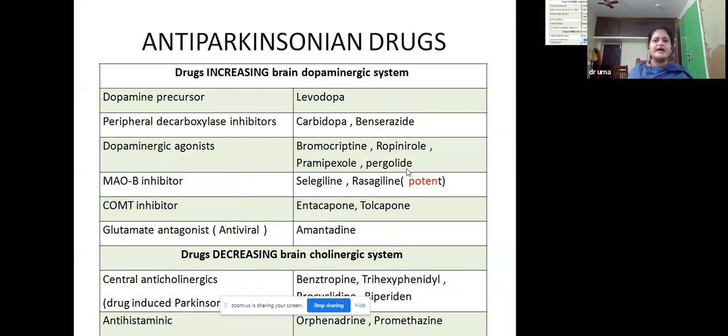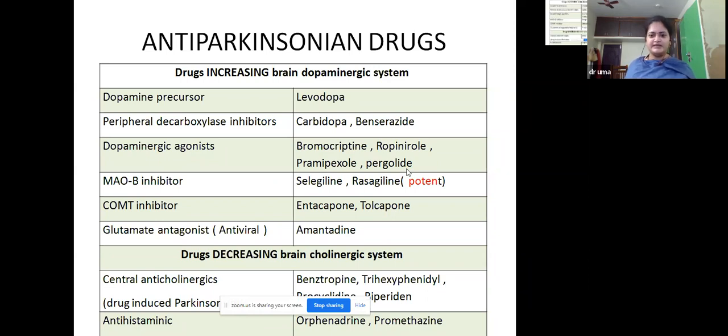Next is anti-Parkinsonian drugs. Parkinsonism is a condition where there is a dopaminergic deficiency and cholinergic excess. So dopaminergic deficiency will be there, and you have to increase the level of dopamine. For that, you give a dopamine precursor, which is levodopa, peripheral decarboxylase inhibitors, which are carbidopa and benserazide, dopaminergic agonists